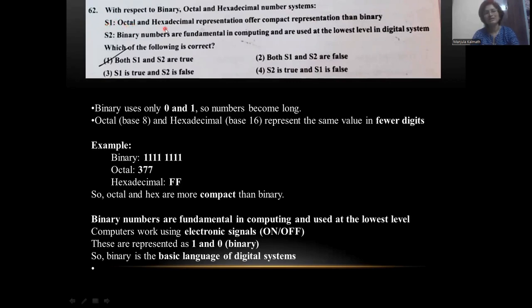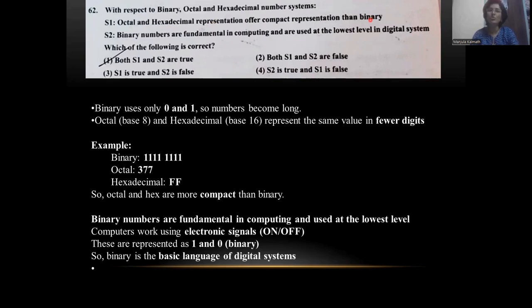Octal, hexadecimal, decimal, binary, all these belong to the number systems. Binary allows only two digits, 0 as well as 1. Decimal allows 0 to 9. Octal allows the numbers from 0 to 7. Hexadecimal allows 0 to 15: 0 to 9 as decimal values, and after that 10, 11, 12, 13, 14, 15 are represented with A, B, C, D, E, F. So when we are representing a decimal number in binary, the combinations of ones and zeros are more,